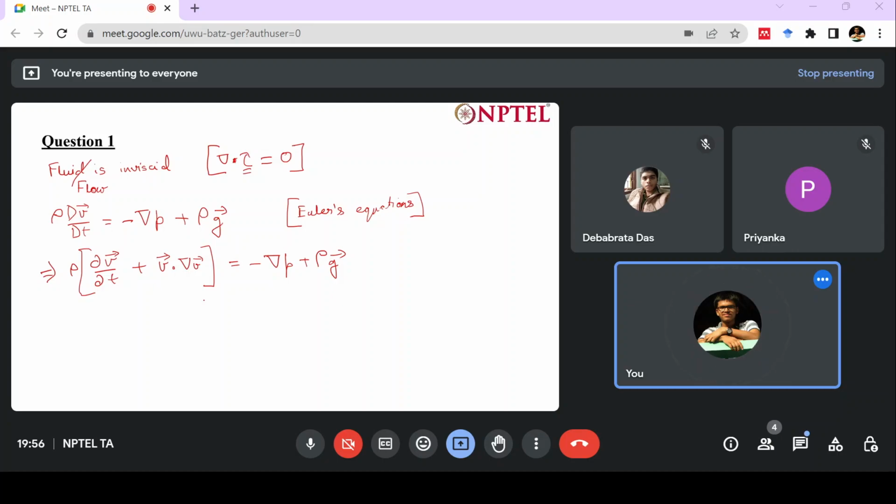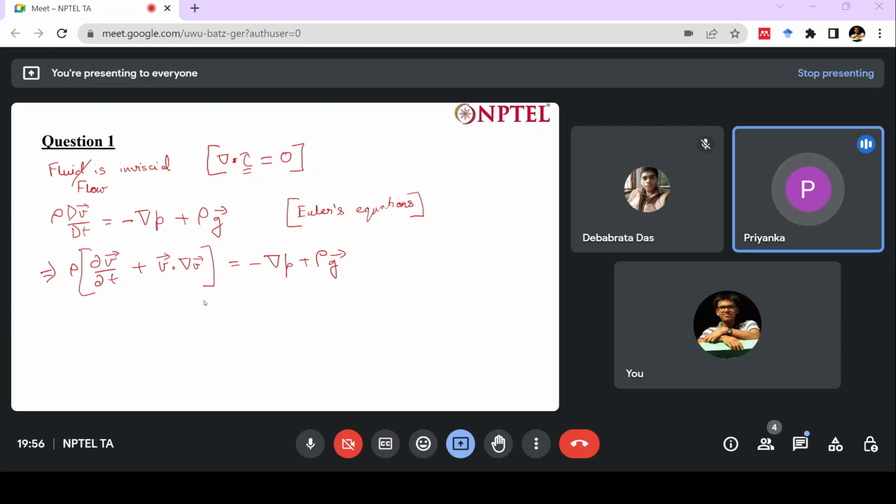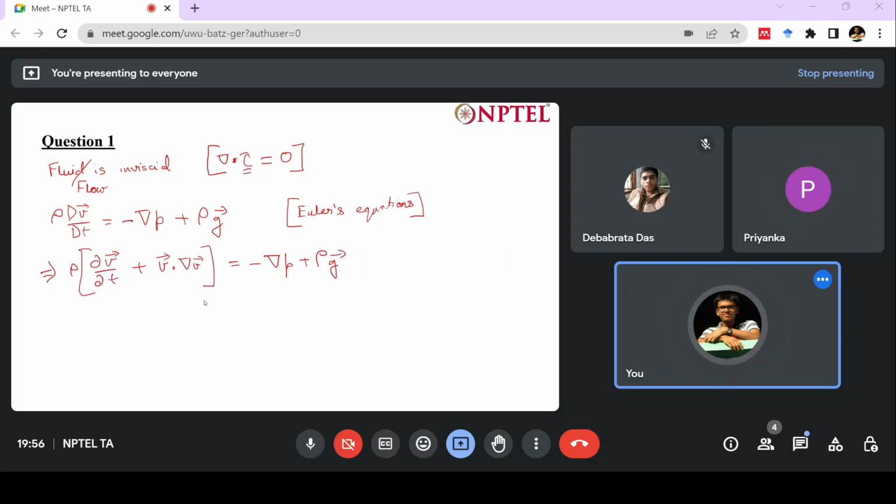Now what else do we have to do for obtaining Bernoulli's equation? Bernoulli's equation is not always valid, right? It is basically a comparison between 2 points, but those 2 points must have something in common. And what is that thing? It should be along the streamline. That's correct. So what we will do, we will consider n cap s, a direction which is along a streamline. This is a unit vector along a streamline, and we will take a dot product with